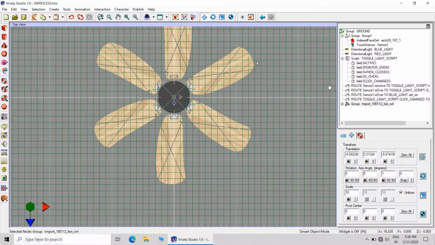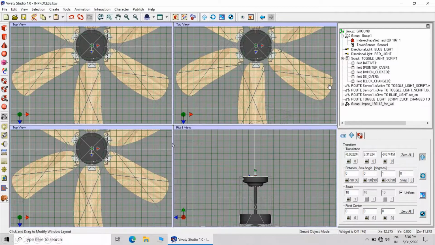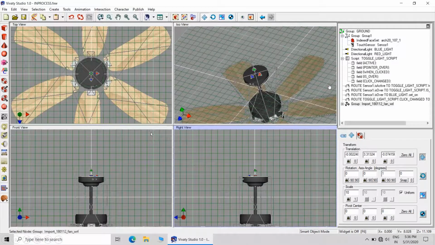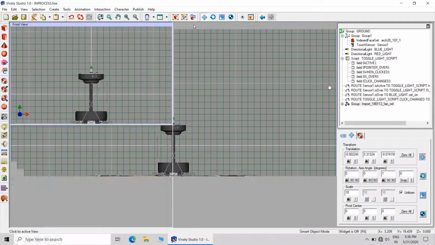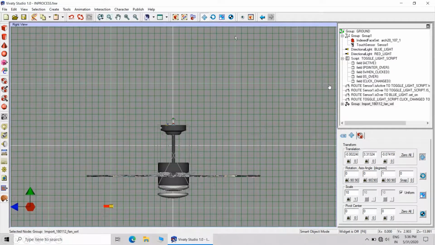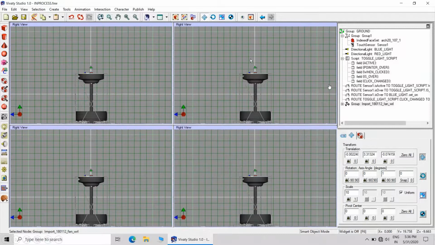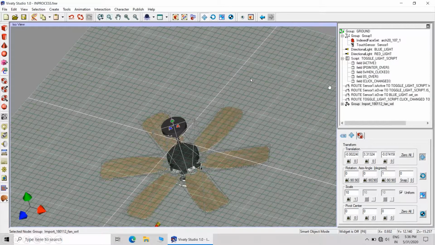Now it is perfect. So when we check with two views, there are fewer chances of any mismatch, and now we will be replacing that initial light with the light of this fan, and that's it.